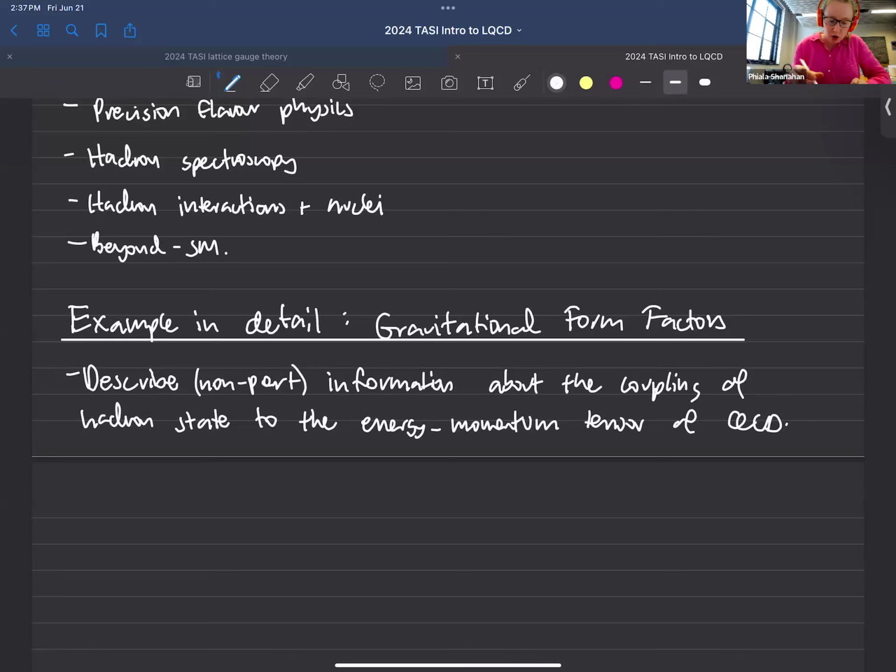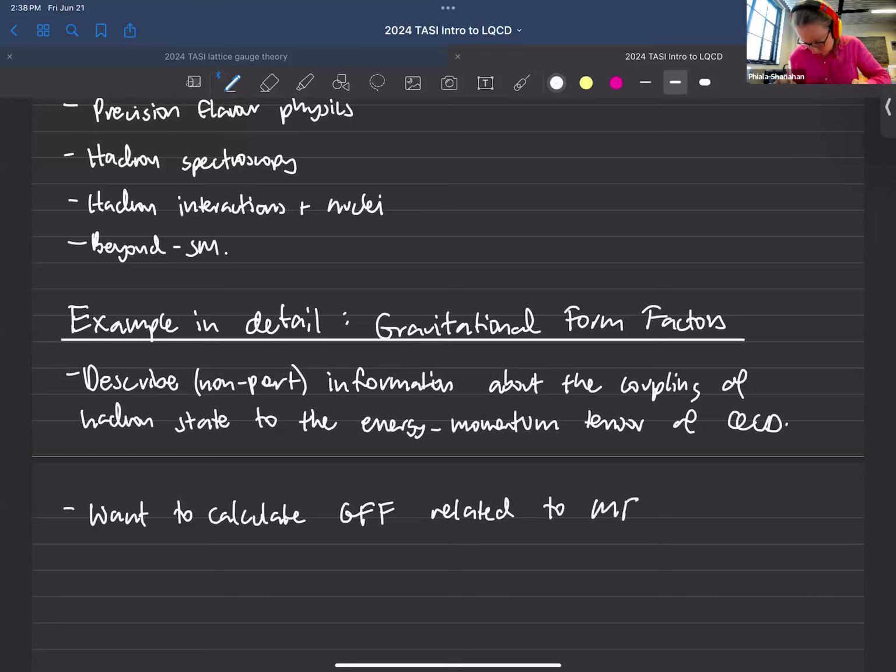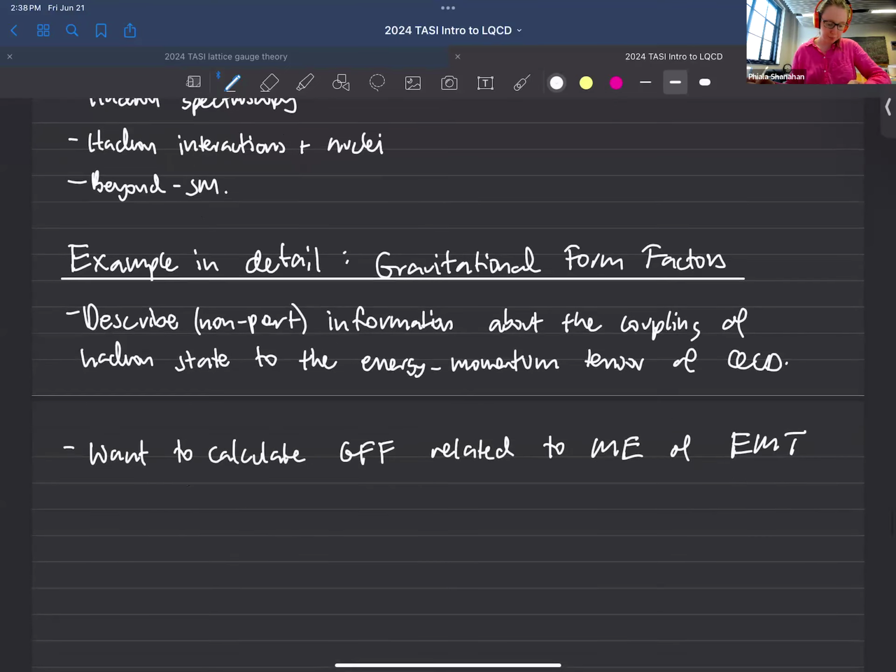Okay, so what we want to do is calculate these gravitational form factors, which are related to matrix elements of the energy momentum tensor. So GFFs here means gravitational form factors, and they're related to matrix elements of the energy momentum tensor. Lots of abbreviations in that sentence. So the energy momentum tensor, if you remember,